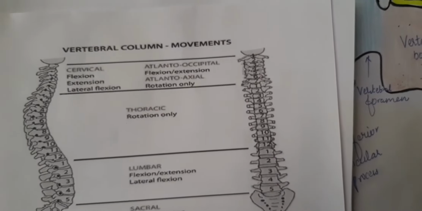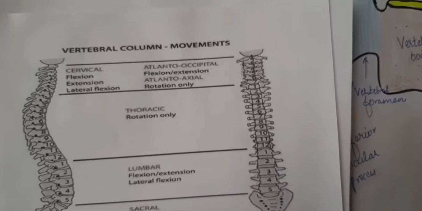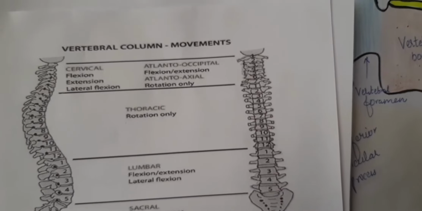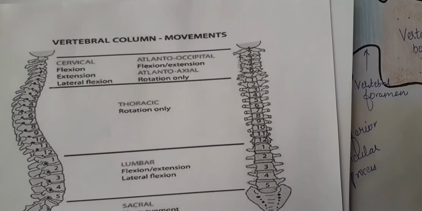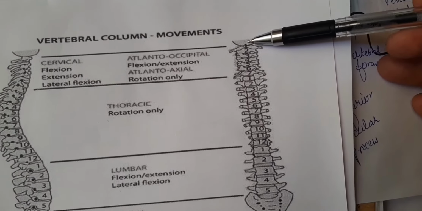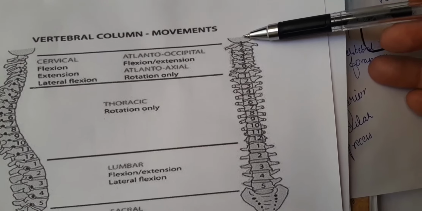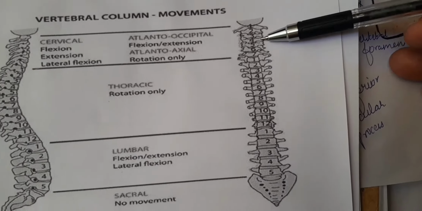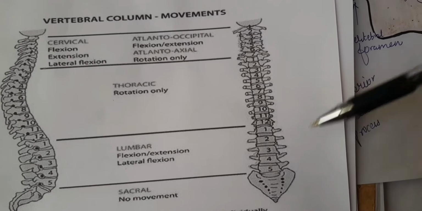And also the size of the intervertebral disc depends upon the amount of motion and the magnitude of the loads that must be transmitted. One more thing you need to remember is that the intervertebral disc is absent between the cervical 1 and cervical 2. Along with that, it is also not present between the sacrum and coccyx.